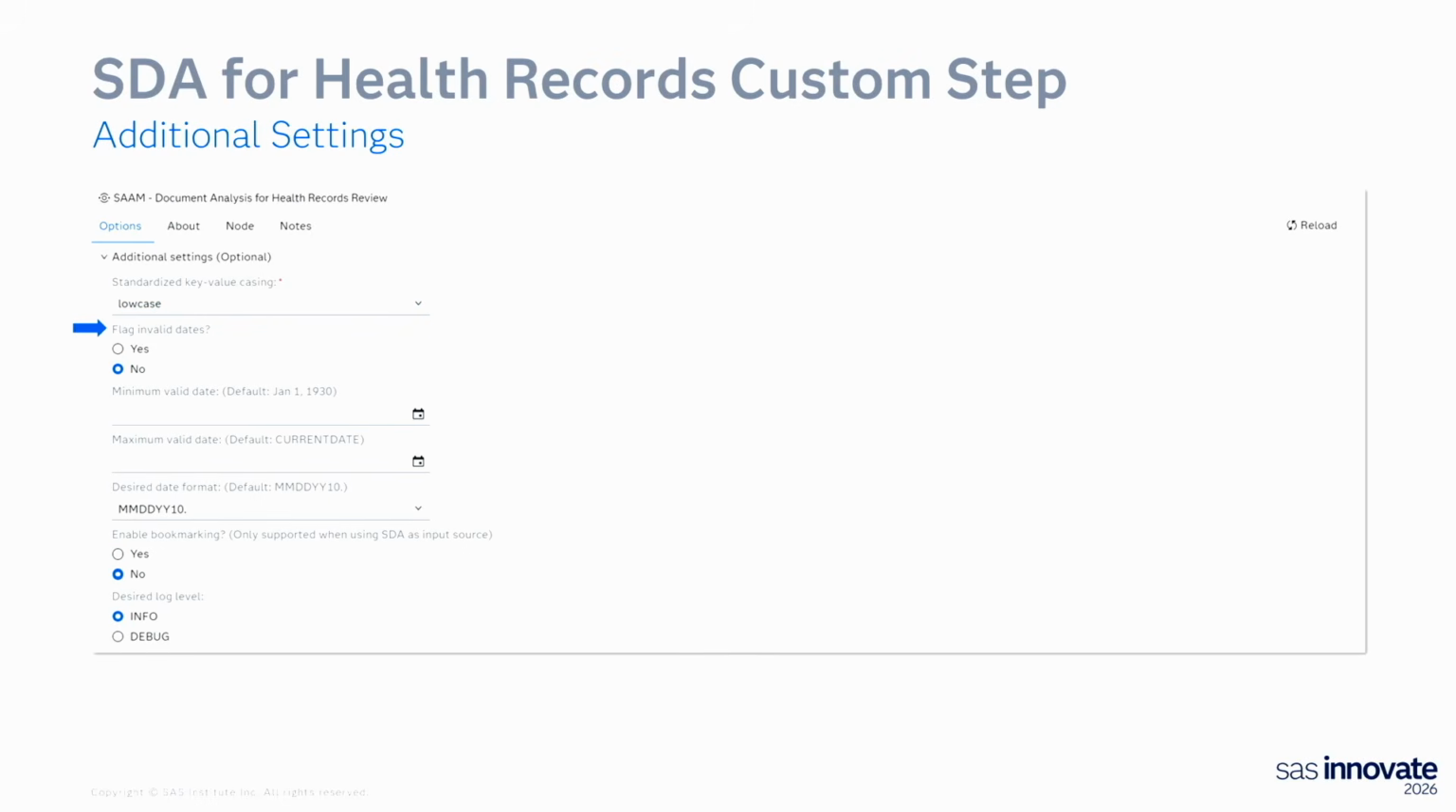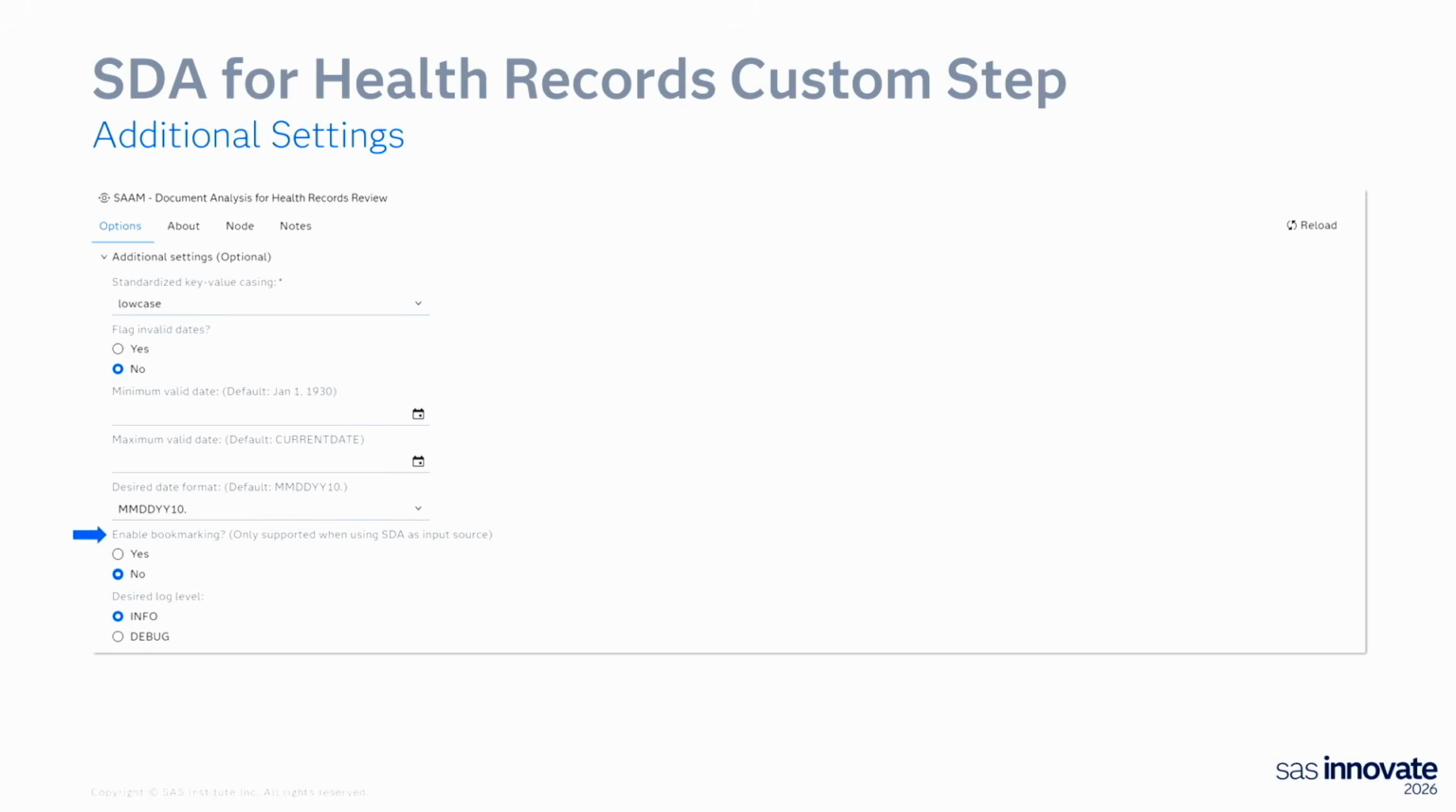You can decide, do you want to flag any invalid dates that are output? This might be handy if you've got an upstream OCR process and you're concerned that it might have inadvertently extracted some invalid dates, or maybe you're worried that your data is corrupted. Then you could just choose your parameters for the minimum and maximum dates that you're interested in, how you want to format those dates,